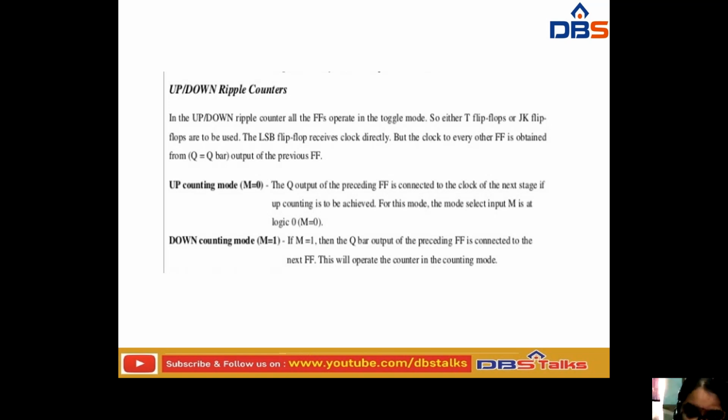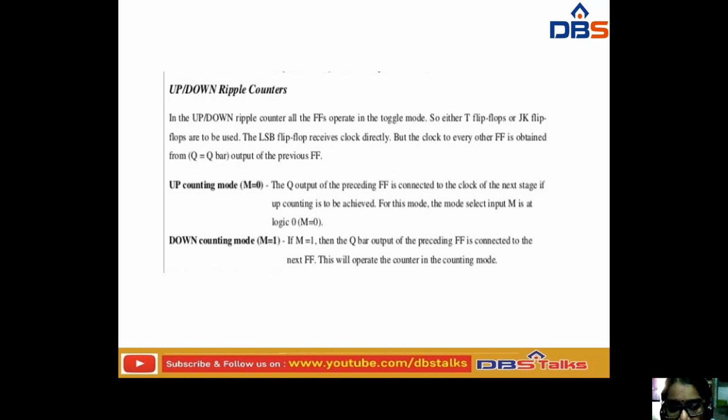It is going to take the clock directly, but the clock to every other flip flop is obtained from Q or Q bar, that is the output of the previous flip flop. So here the Q output of the preceding flip flop is connected to the clock of the next stage. The mode is selected by the mode input M. If M is at logic 0,